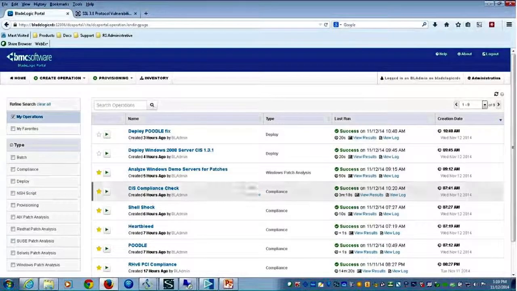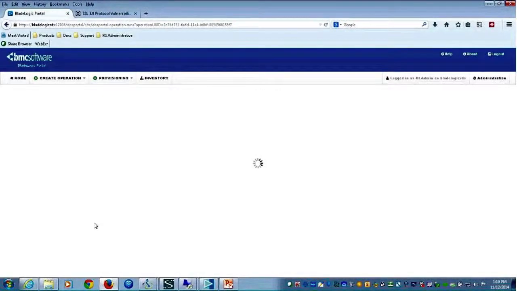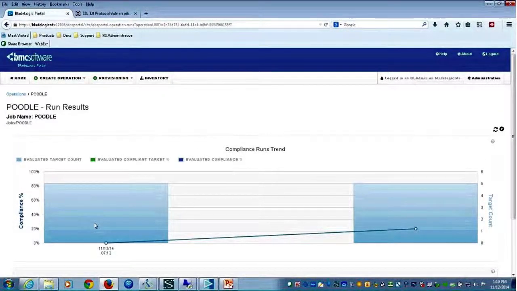And so what I'll start off in is the actual Poodle vulnerability, again, that was released a few months back. And so a couple things here. I'm going to go ahead and click the Poodle name itself. I'm going to show you kind of the output, and then what I'll do is step back into the FAT client, that Windows client that I have running, so that you can see how that's imported in.